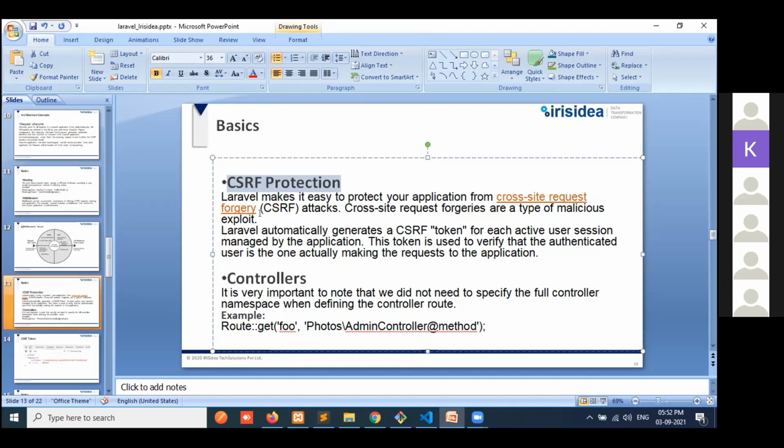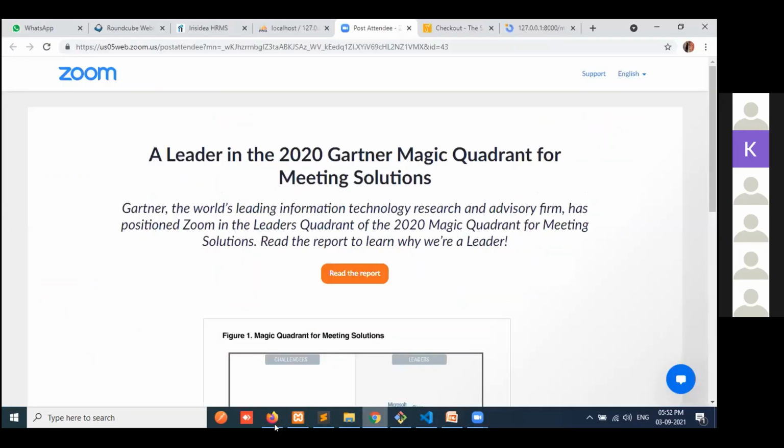Laravel automatically generates a CSRF token for each active user session managed by the application. So every time it creates one CSRF token here.